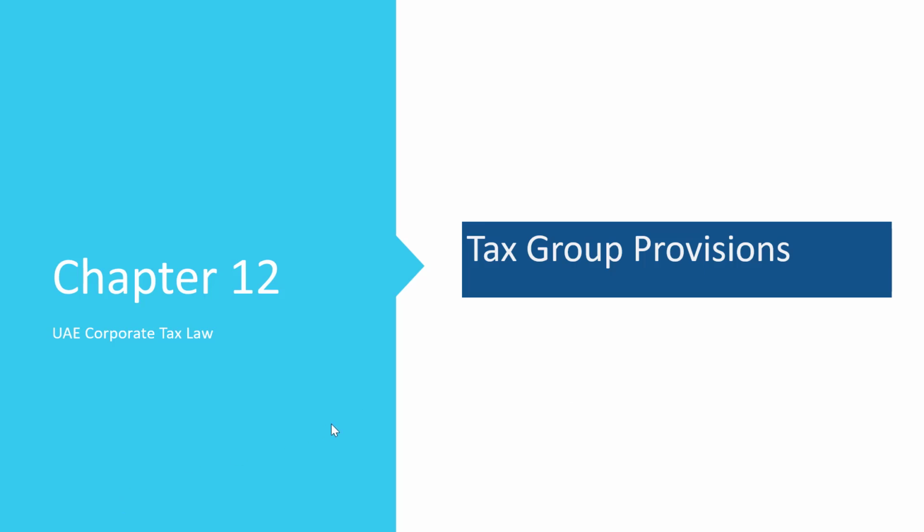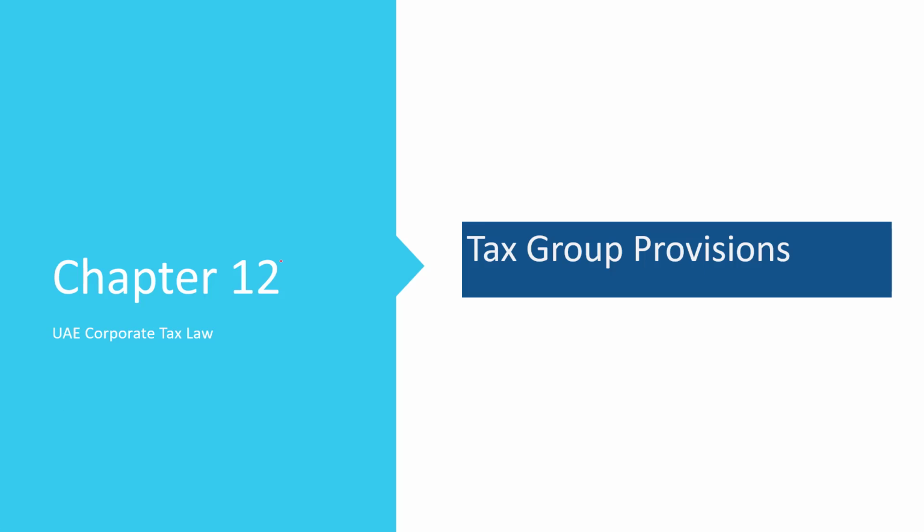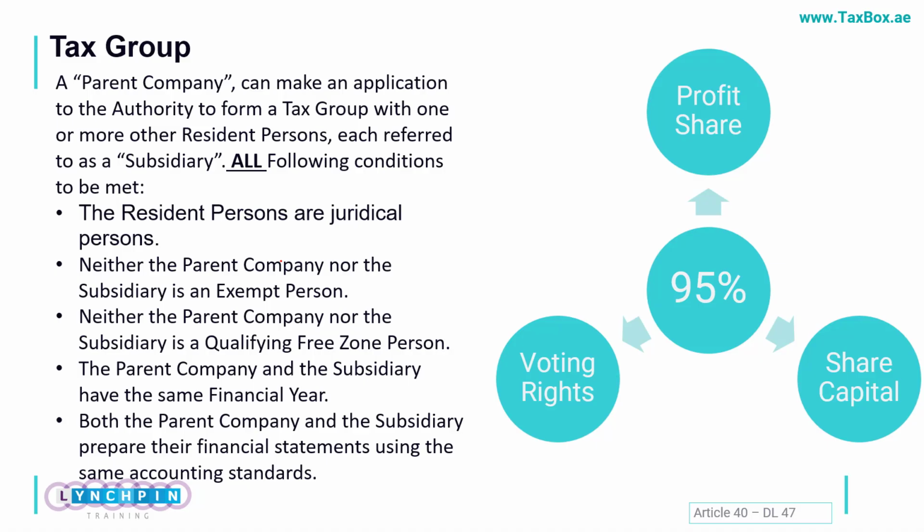Okay, so we are now advancing towards the tax group section, where we'll see how the tax grouping itself is impacting the calculation of the taxable income, as well as how we can adjust the tax losses. So for the tax group provisions, the very first thing we need to understand here is that there has to be a parent and subsidiary